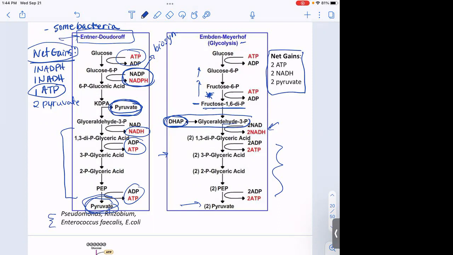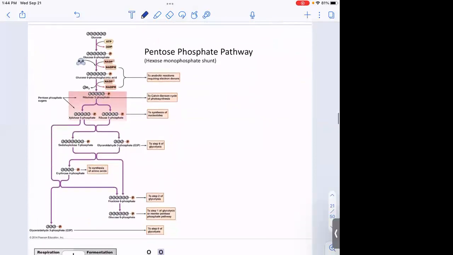Okay, there is another alternative to glycolysis that we'll finish with today, and that's called the pentose phosphate pathway. Both prokaryotes and eukaryotes do this. It does go by another name, hexose monophosphate shunt. I never use that name. I always call it pentose phosphate pathway, but you might see that somewhere. When would organisms do the pentose phosphate pathway instead of Embden-Meyerhof? It's used